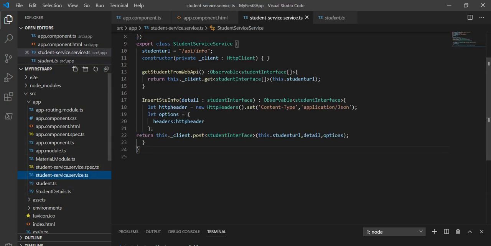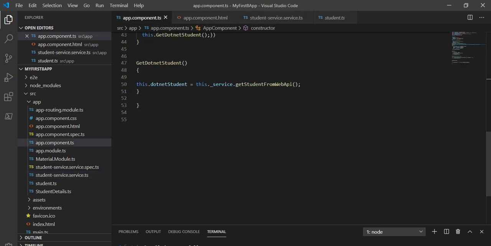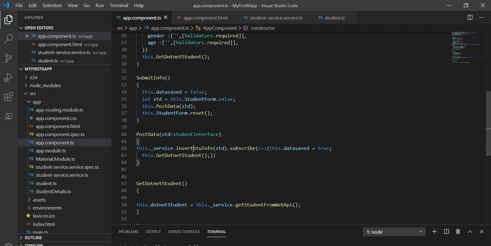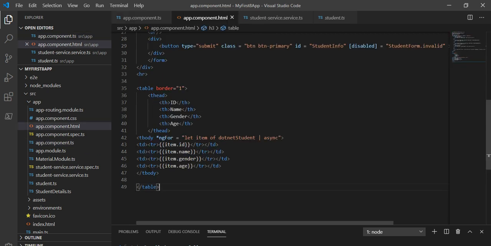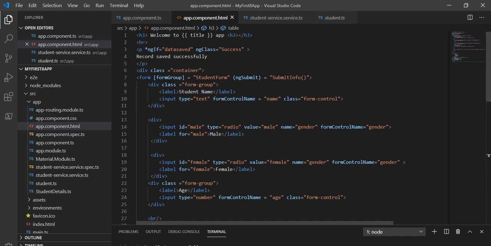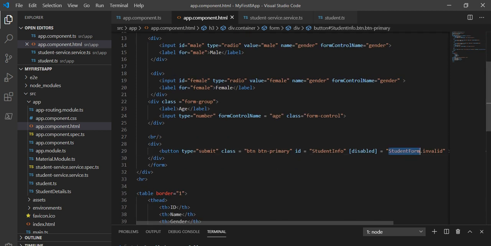And here we created an insert student info method. Basically it's a service URL which we are going to consume from the app.component.ts file. We were consuming it on the post data, and we were sending this method on the button click from the student info.